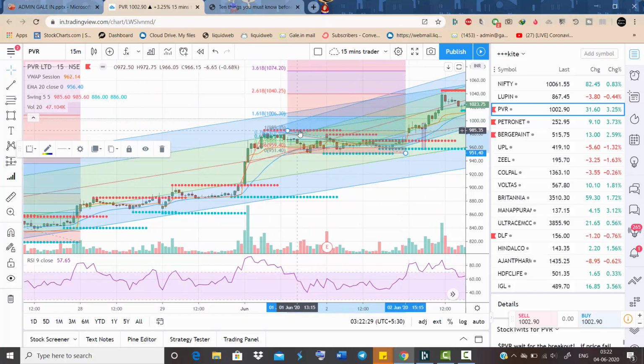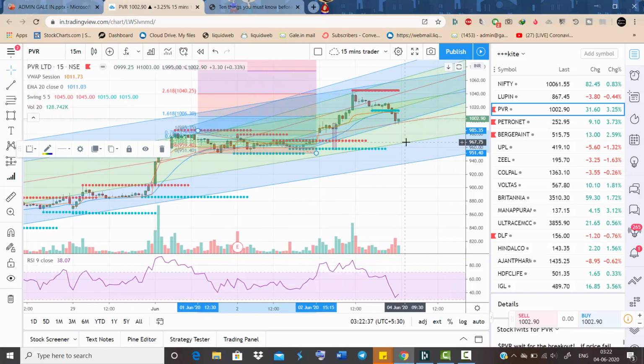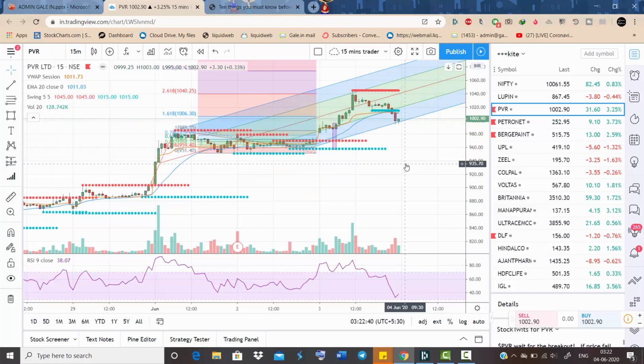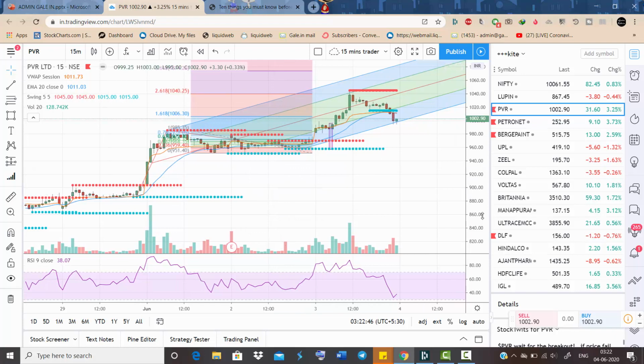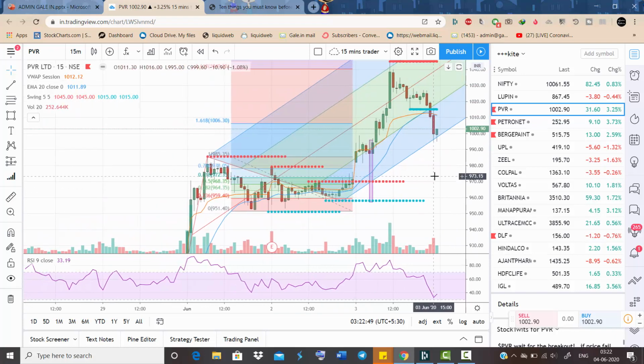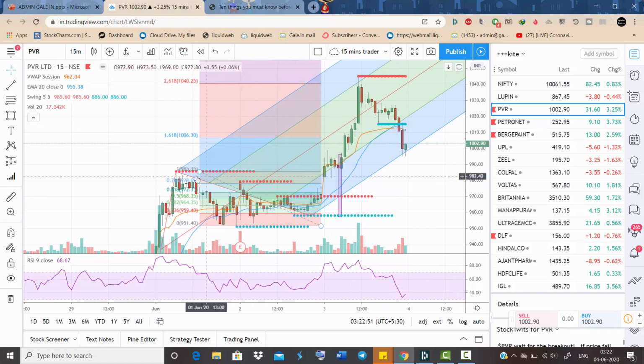So you can see above 985 the stock trades in the morning. So above 985, we just check. To give more clarity, I'll delete this earlier median one. So we're zooming in, the stock starts to trade above 985 in the morning. Once this is taken out, you can just connect this point with this swing low and see the Fibonacci retracement support and resistance levels.